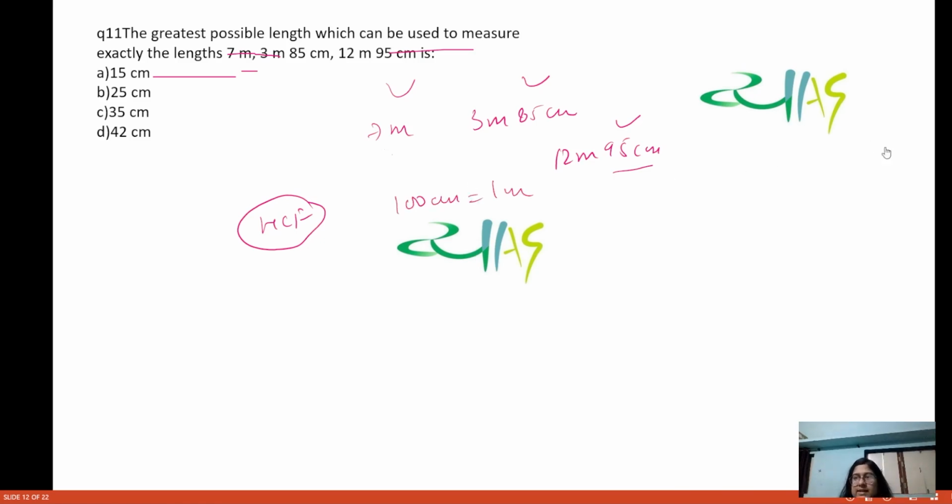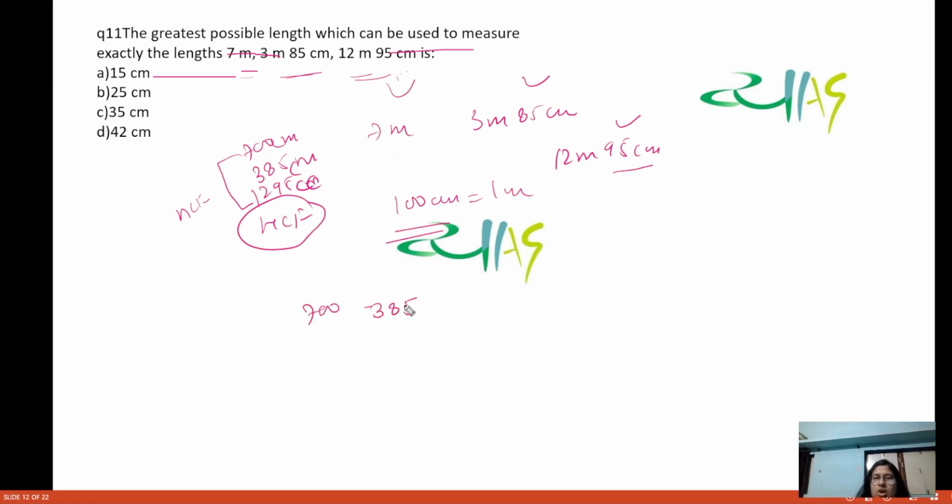Okay, so you know 100 centimeter is equal to 1 meter. Now what you are going to do basically is convert everything to centimeters. This 7 meter is 700 centimeter. This 3 meter 85 centimeter is 385 centimeter. And this 12 meter 95 centimeter is 1295 centimeter. This is everything in centimeter. Now, if you take the HCF of all these three numbers,